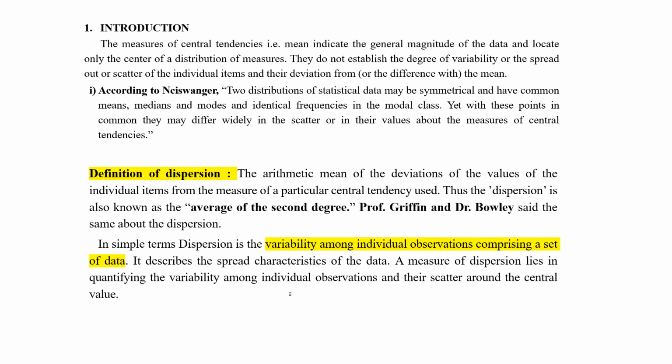So, in the introduction, the measures of central tendency, that is the mean, indicate the general magnitude of the data. We saw central tendency in the last chapter. The mean indicates the general magnitude of the data and locates only the center of the distribution. Measures of central tendency consider only the center of the distribution of measures. They don't establish the degree of variability or the spread and scatter of the individual items and their deviation